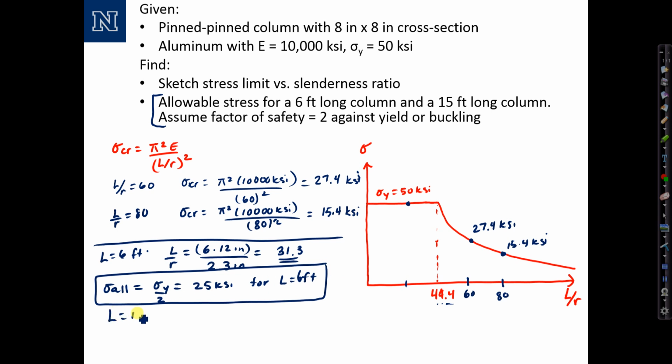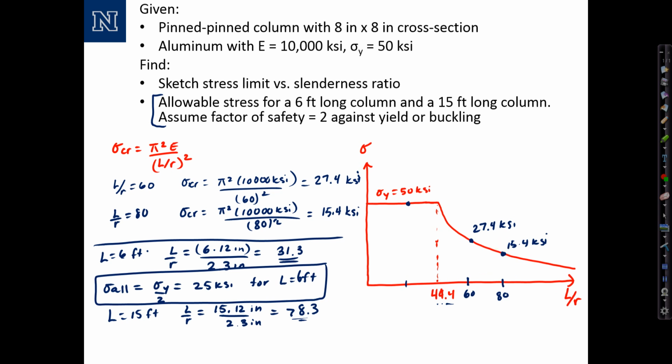If L equals 15 feet, I think you can see maybe what's going to happen here. The L over R ratio, 15 times 12 inches divided by 2.3 inches, that computes to a much larger number, which is 78.3. And we can see by looking at sigma versus slenderness ratio that this is greater than the transition value. In fact, it's very close to this point that we computed here,